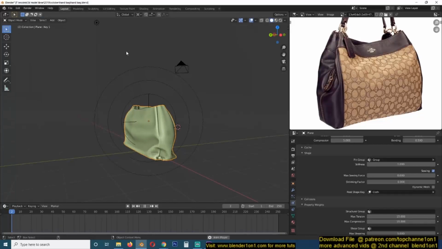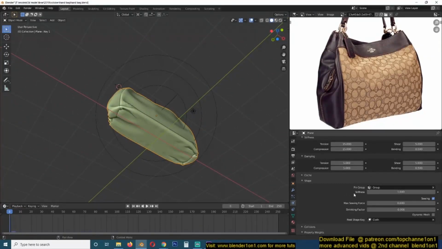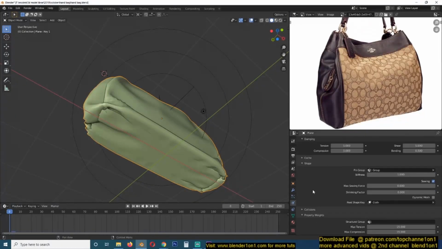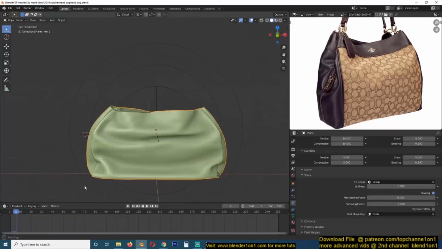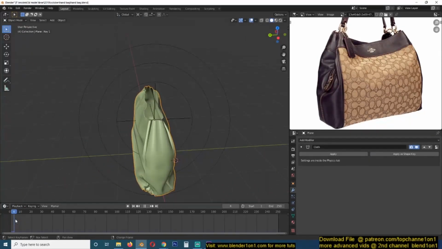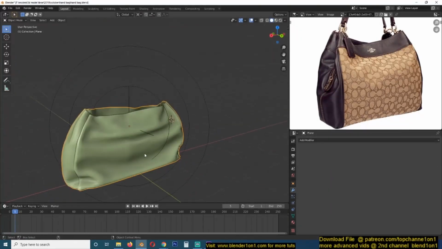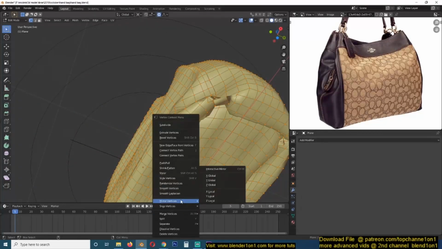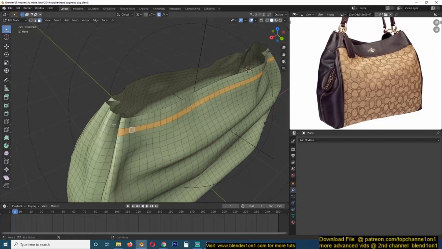So I'm happy with the bottom wrinkles. I just want to simulate the top wrinkles only. And again, after you're done with the wrinkles, after you're done with what you like, applying the modifier doesn't work when you have shape keys, so you have to remove the shape keys after you simulate and then apply